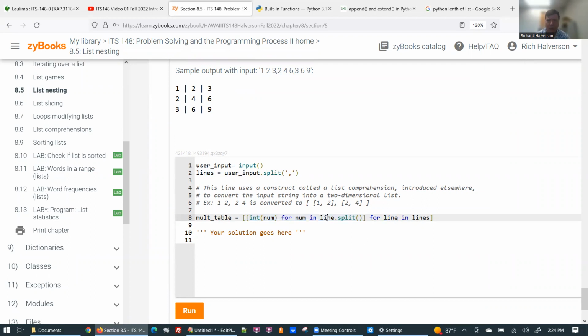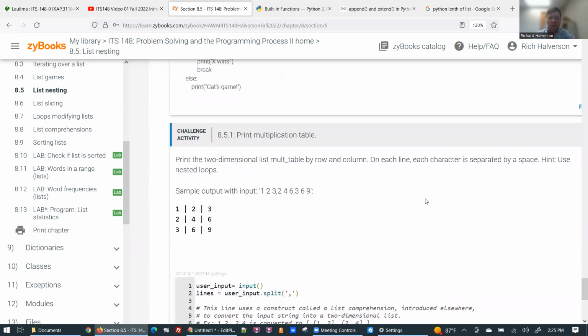So we take line and we split it, and this time we're splitting it by the spaces, and we're calling each one a num. Okay, and it's still a string because this is a whole string. So it's strings split up into strings, and then we're going to make an integer out of it. So this is going to end up being a list of integers. And we're going to do that for each line, and that's how this mult table is going to turn out. So we have to somehow print it out looking like this, and it's going to look something like